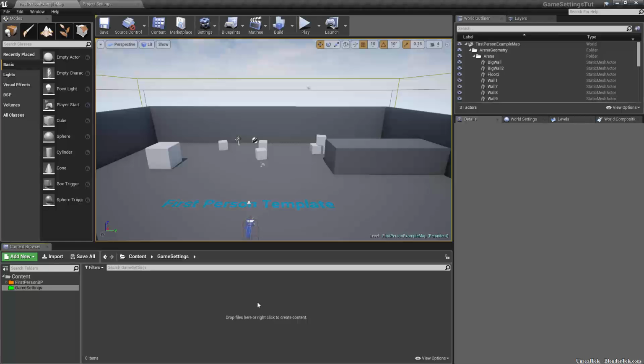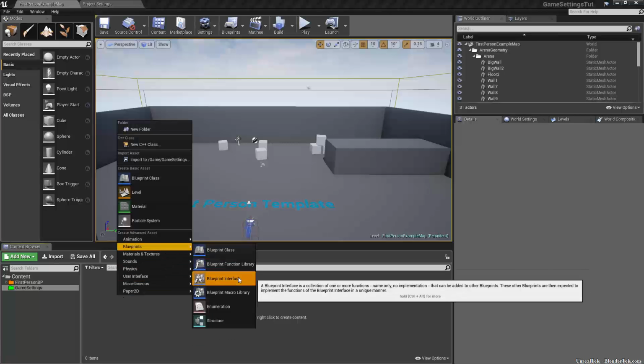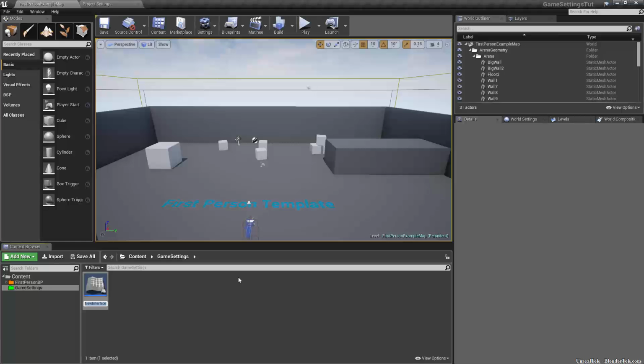So what we need first is, well, let's create an interface that I was talking about, so that we can communicate between things and call functions off it. So we'll create a new blueprint interface, and we will call this settings. Actually, I'm going to start with BPI. I've gotten in the habit of doing all my blueprint interfaces prefixed with BPI underscore, and I'm going to just go settings. You could call it my settings, game settings,